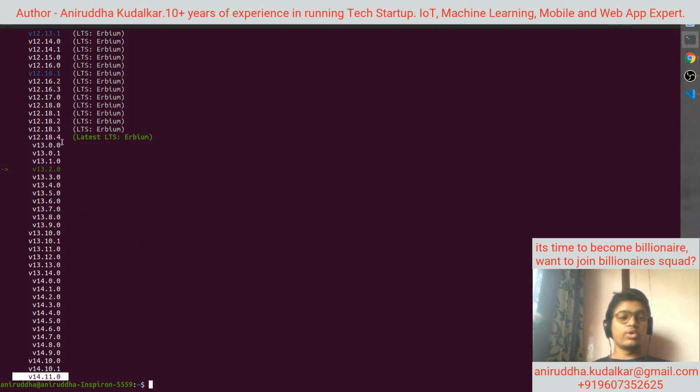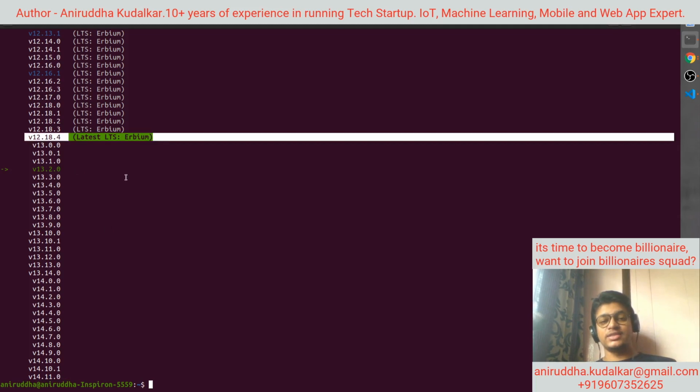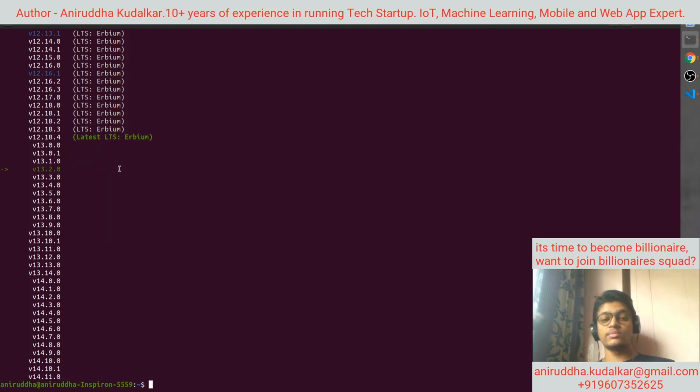Remember that there is one more thing called LTS, which means long term support, and long term support is for 12.8.4. So for these versions there is no LTS yet, but we can expect in the coming few months you would be getting LTS support for updated versions.